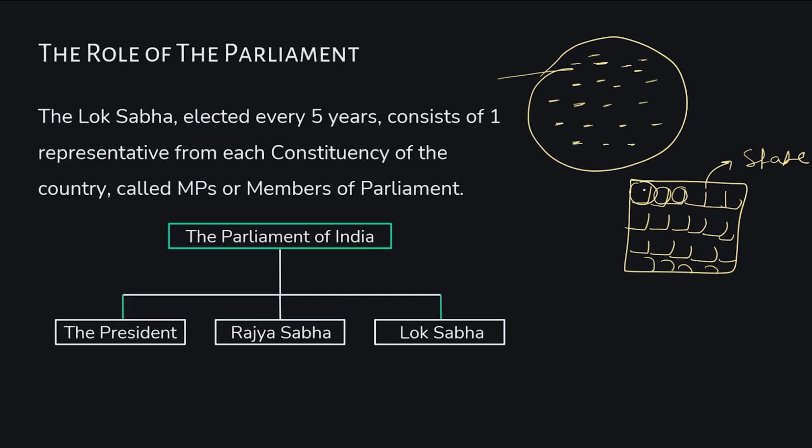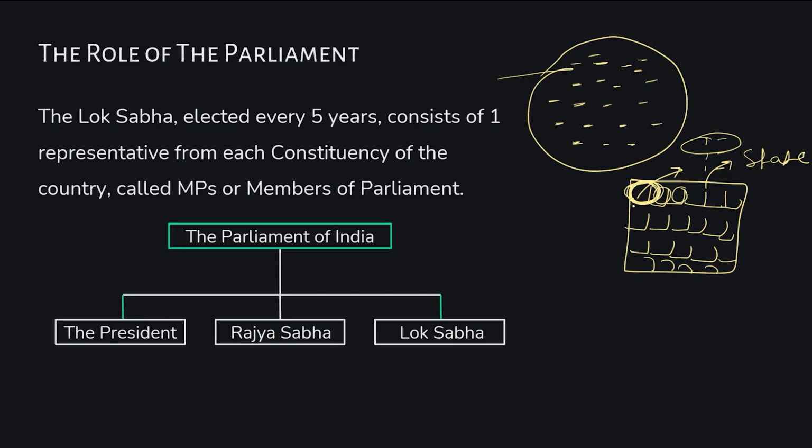So let's say that there are 3 members who are fighting for this constituency. Since I told you, let's assume that there are three ruling parties: Aam Aadmi Party, Bharatiya Janata Party and Indian National Congress. So three candidates are standing in the elections to get elected. One is from Bharatiya Janata Party, one is from Congress, and one is from Aam Aadmi Party. And the one that gets the majority votes will become the member of parliament for this particular constituency.